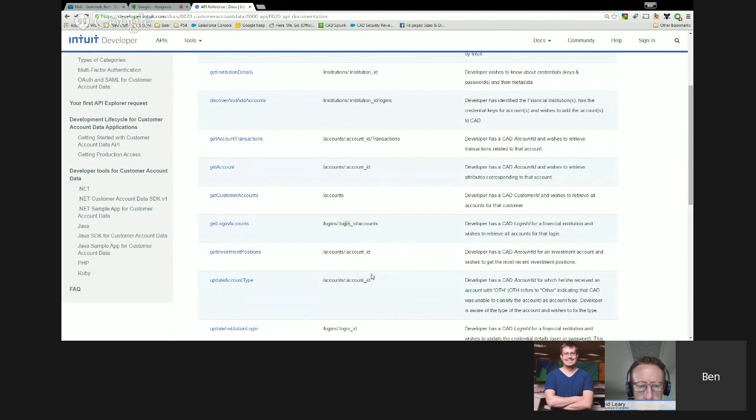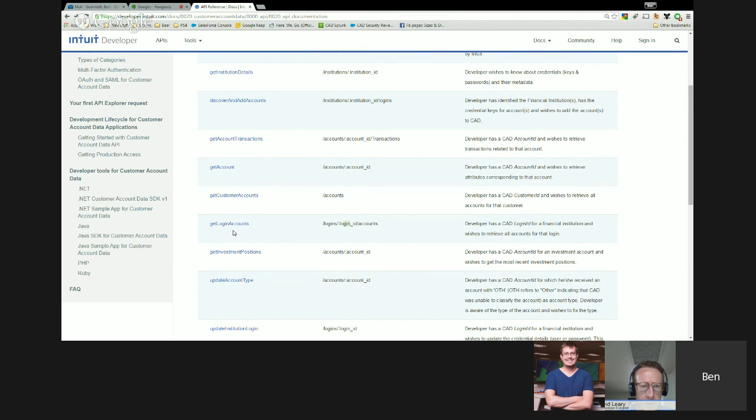But when we go and pull accounts, the first discover and add, you may get accounts back that will say that they're in type other. They won't say that they're like a banking account per se. We actually have to refresh. We have to pull in transactional data and dive deeper into those accounts to really know what type of account they are. So there's 4 APIs that can do that: get account transactions, get account, get customer accounts, and get